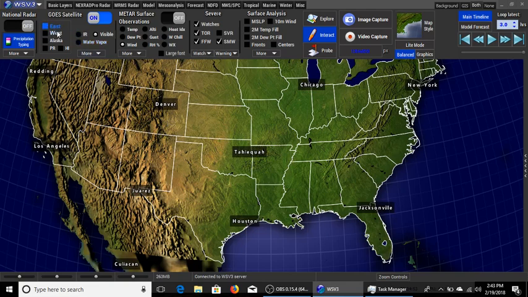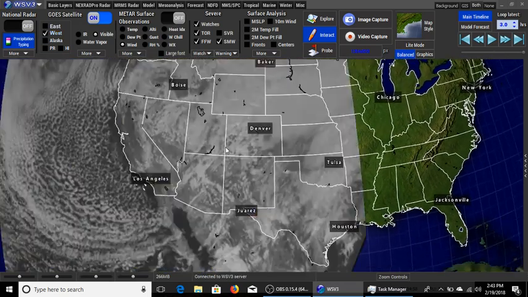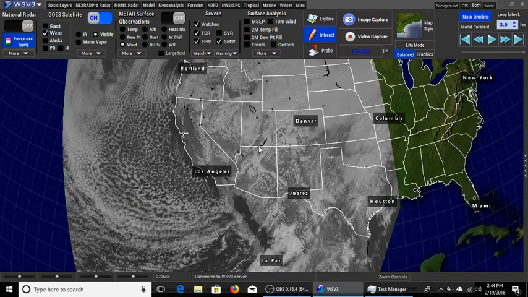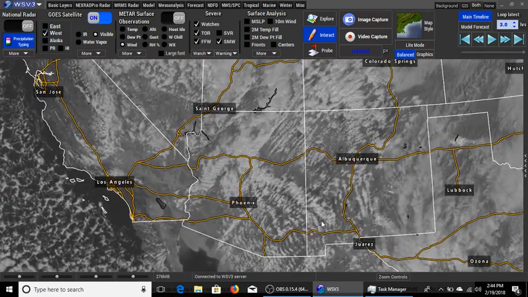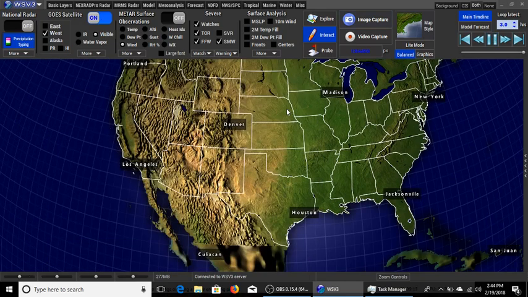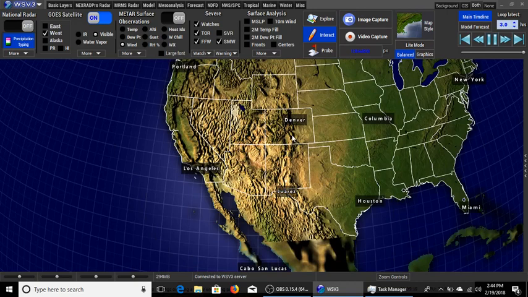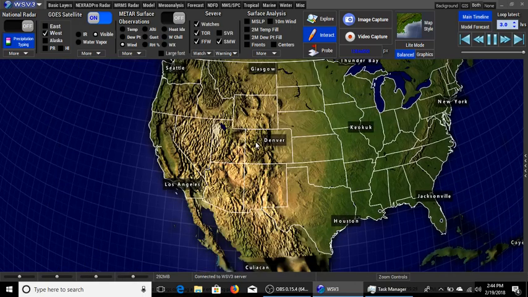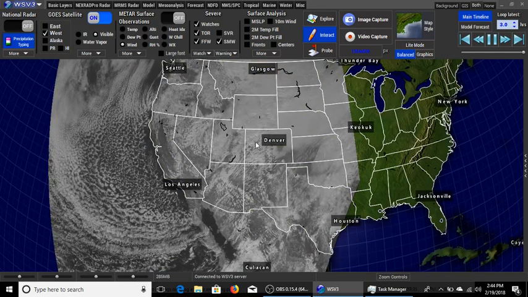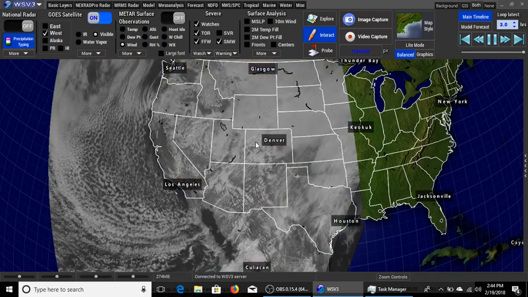So what I'll do is switch that off, and I'll turn on GOES West. In a second, that's going to load. Boom, there it is. This is using the current GOES West satellite. It doesn't have the greatest resolution, but that will change once our satellites are fully replaced and once everything is up and running as far as the NetCDF decoder goes. I'm just going to play this for you. Basically what this does is it takes the image files from the GOES data feed and it breaks it out into large tiles. The tiling helps to keep the